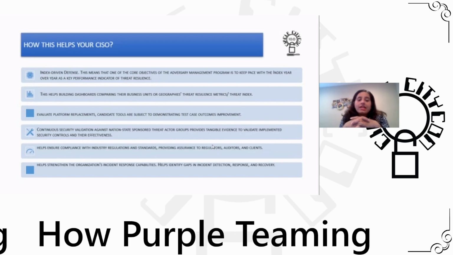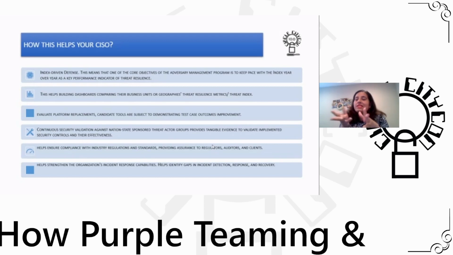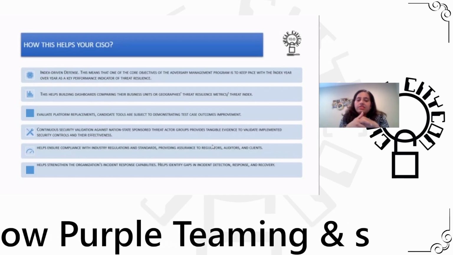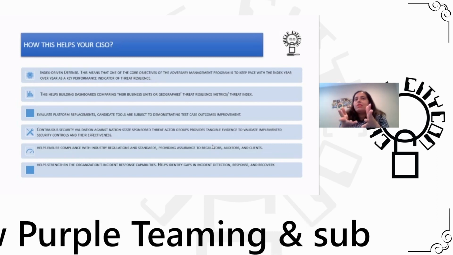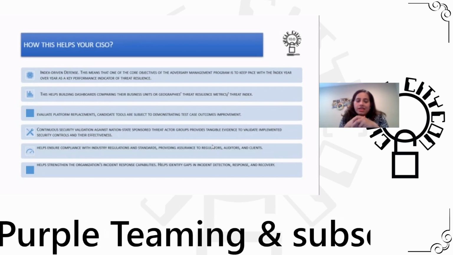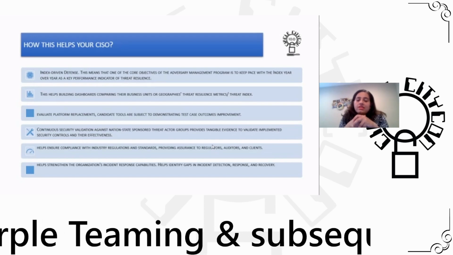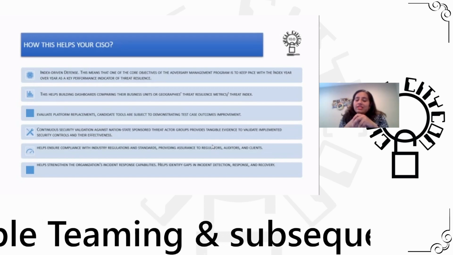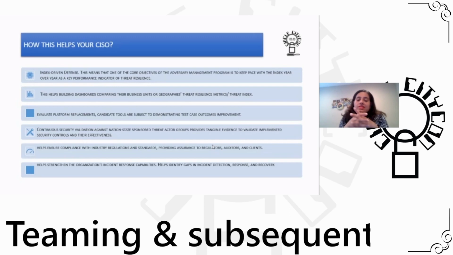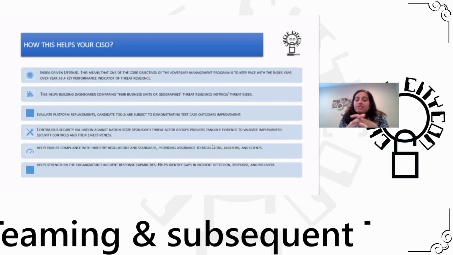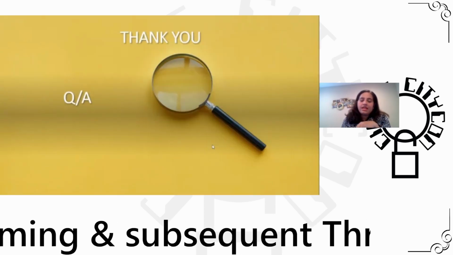Continuous security validation against nation state sponsored threat actor groups provides tangible evidence to validate implemented security controls and their effectiveness. And all these things bump up the confidence of the CISO in an organization. Of course, it also helps ensure compliance with industry regulations and standards, providing assurance to the regulators, auditors, and clients. It helps strengthen the organization's incident response capabilities, and it helps identify gaps in incident detection, response, and recovery. I try to keep it simple and sweet because